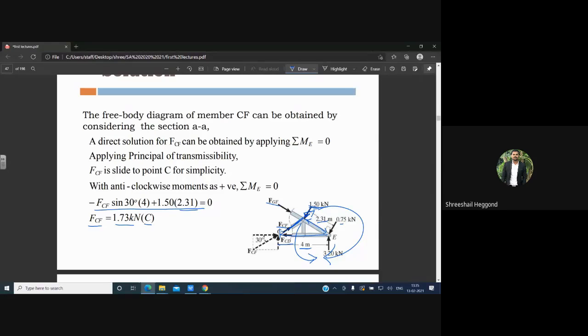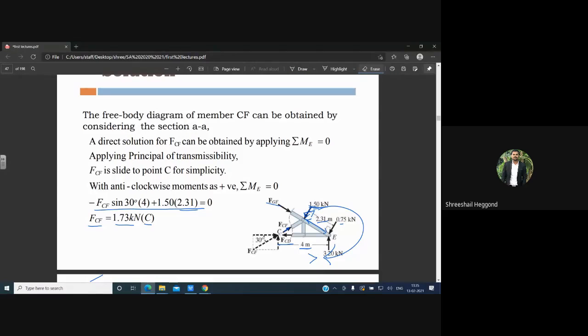There you get the positive value only, but the direction you have shown in the member is of the compression zone only. Directly the member consideration is of. You see the diagram, the arrow mark is towards the member. If you are considering this one, then it will be of the reversal. That will be of compression.